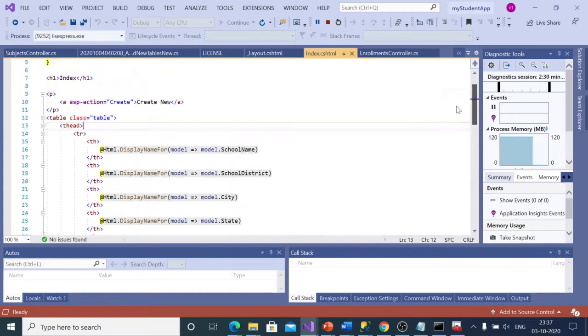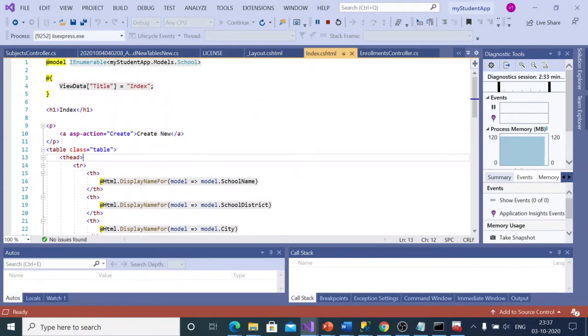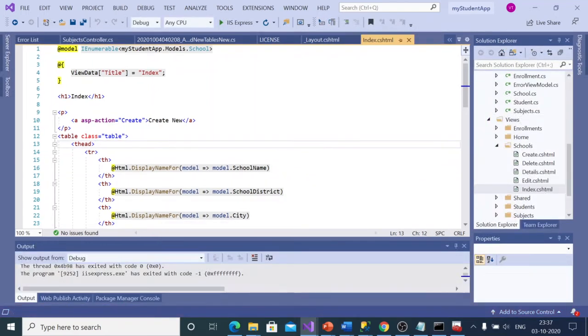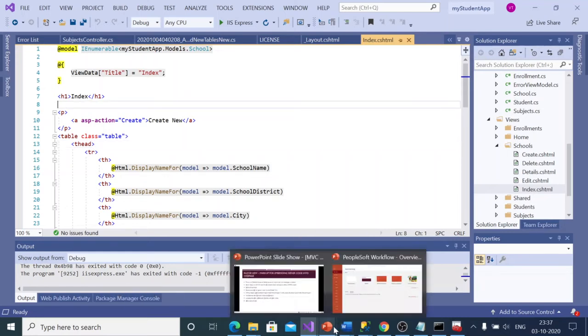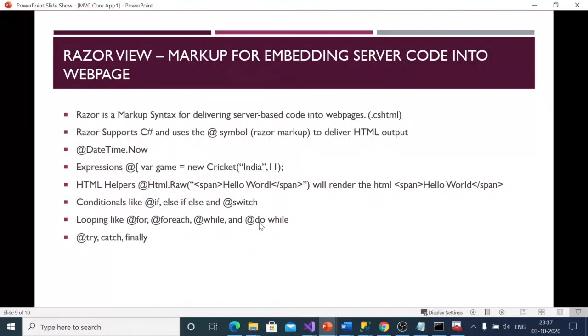All these are part of the Razor engine. So this gets decoded in the server, and that's how we get the HTML rendering. So let's look at what this Razor engine is. Okay, so you get an idea of what that thing is. Razor View is basically a markup for embedding server code into the web page. We build the Razor view as a .cshtml, and